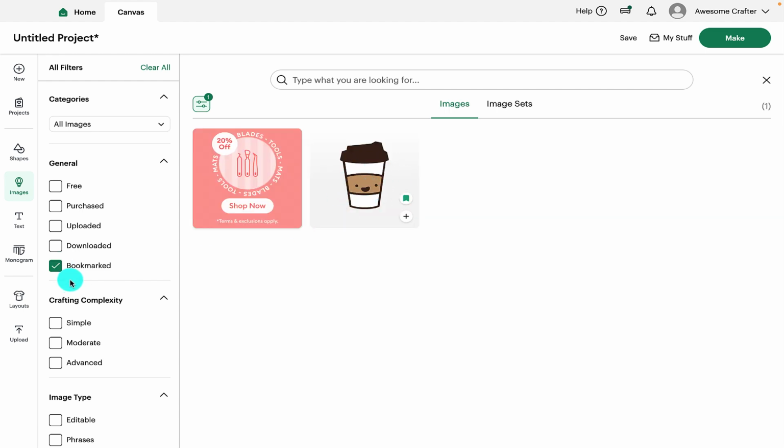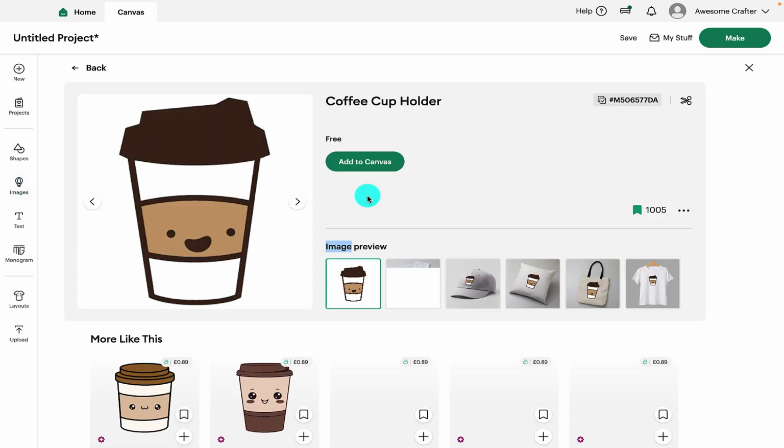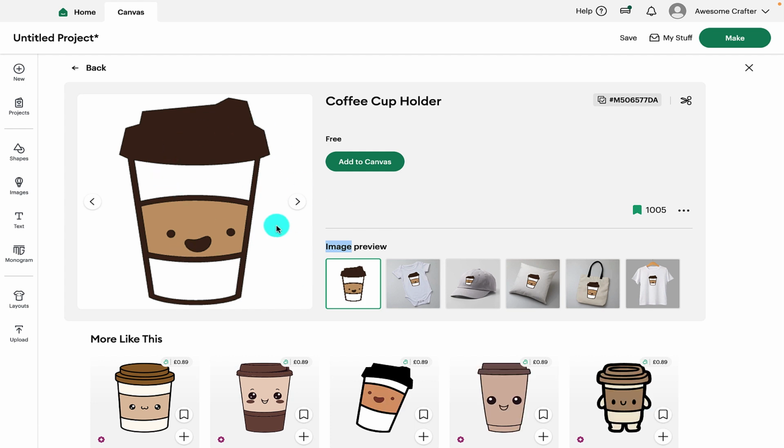If we go back to advanced search and we select bookmarked, we can see now that our image appears in the bookmarked section. So that's a quick way of being able to find an image that you've already thought you might have an idea for and you've bookmarked it. If we double click on that, we now get a bit more information. So here we can see it's a coffee cup holder. Here we can see that it's a free design, and again we have an option to add it to canvas,